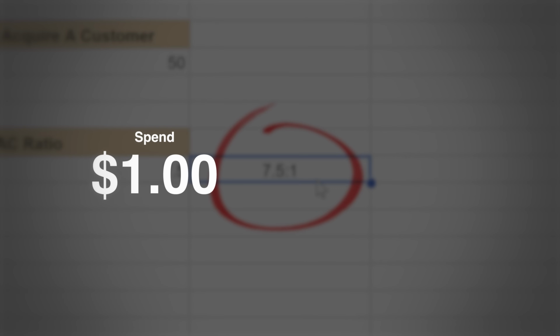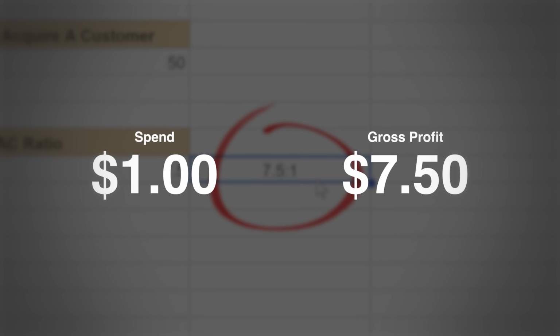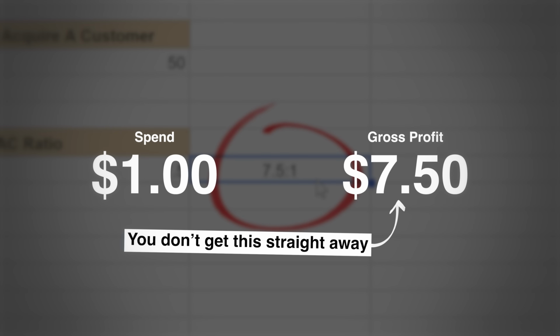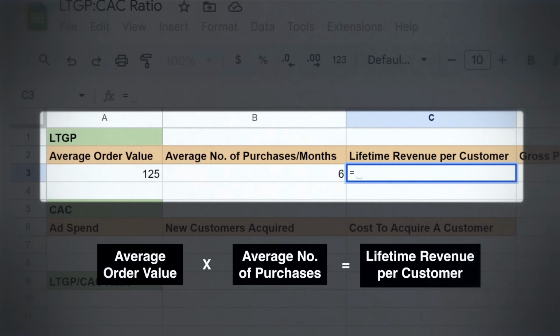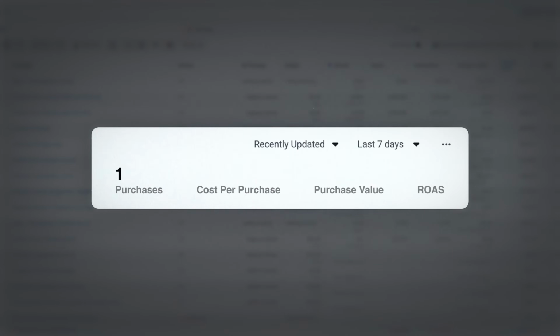Now, before we get into how to improve your LTGP to CAC ratio, I want to quickly note something, and that's that in this scenario, we're spending $1 to make $7.50 in gross profit, but we aren't receiving that straight away. So this ratio is different to return on ad spend. I can imagine people being like, why don't you just look at return on ad spend? Remember that $750 per customer of revenue you're generating, that's over 6 separate purchases. So if you're looking at acquiring the customer, that's going to show up as $50 cost in your ad account,